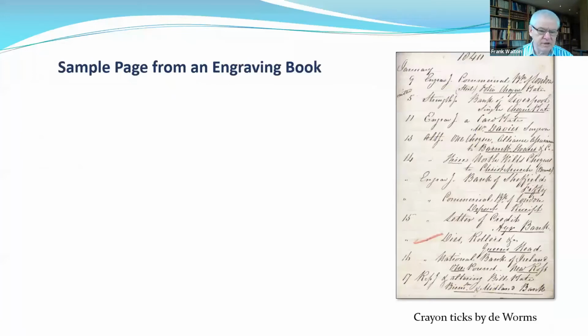This is an engraving book page, and I don't know whether I love or hate de Worms, but he got a great big coloured crayon. It's normally red, but sometimes it's blue, and he put big ticks in the primary archive against items which he thought related to postage stamps. So if you're skimming through them all, just look for the big red ticks. But on the other hand, he might have missed one or two, and he certainly didn't pick out the revenue